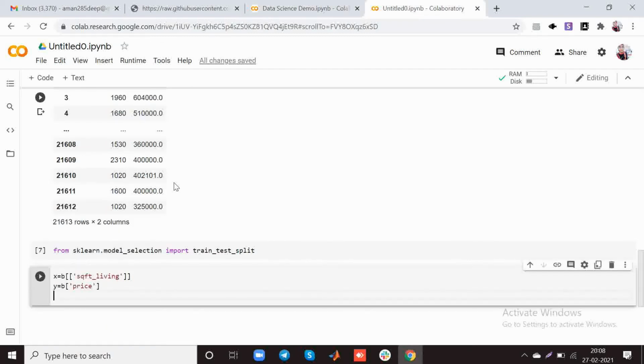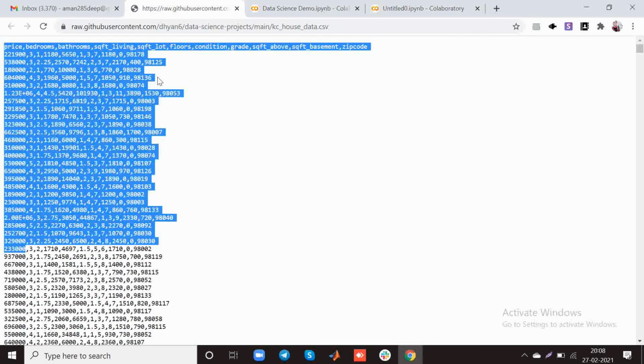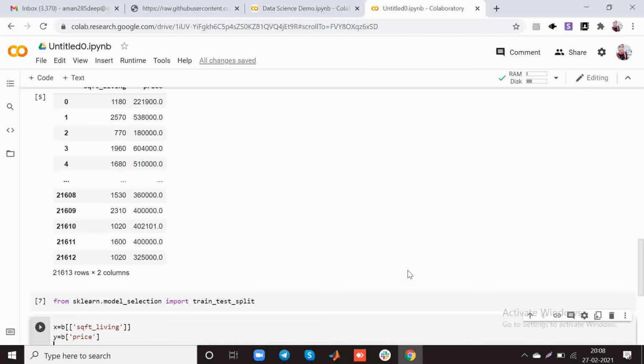Now we will create 4 groups using train test split. So what does it basically do? It will take data from this and divide it into 75% and 25%. 75% is our train data and 25% is our test data, by default.